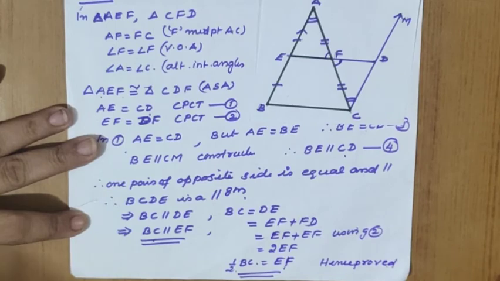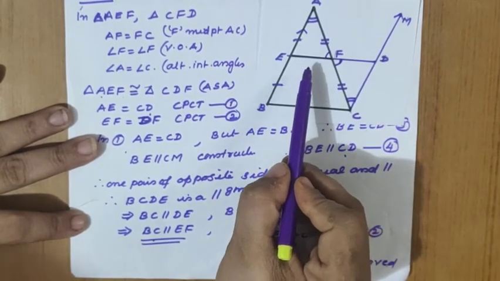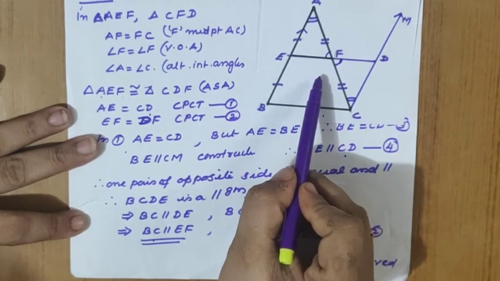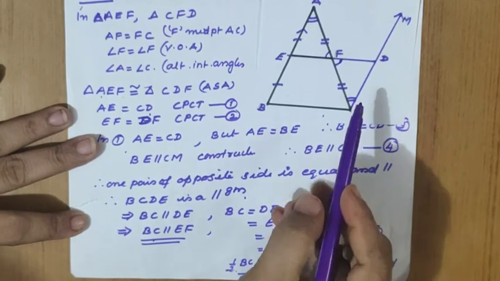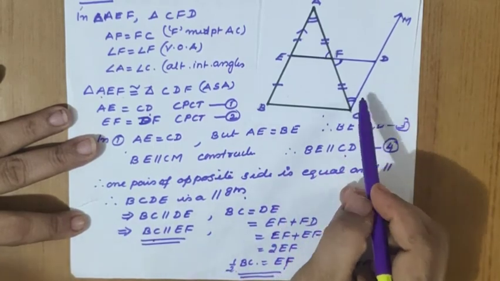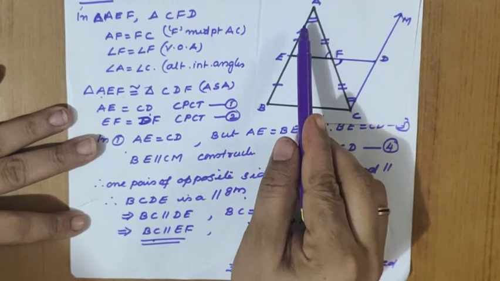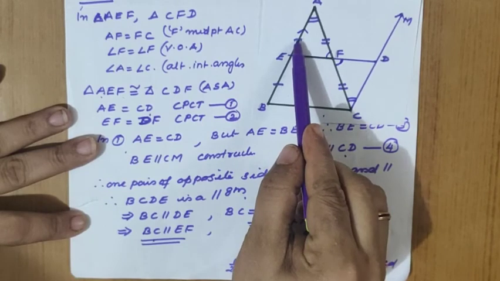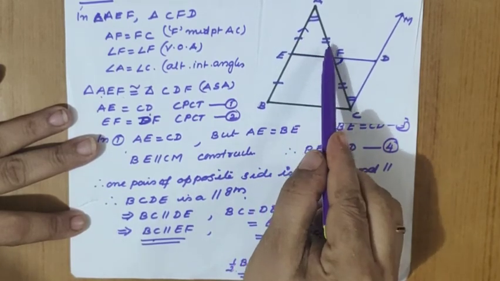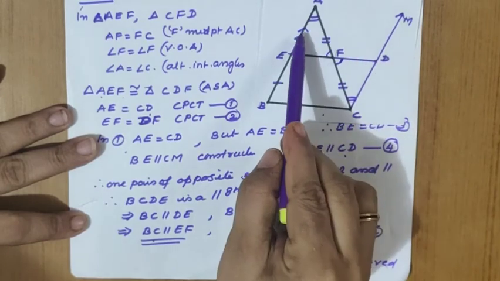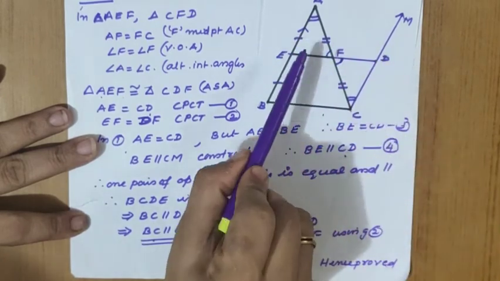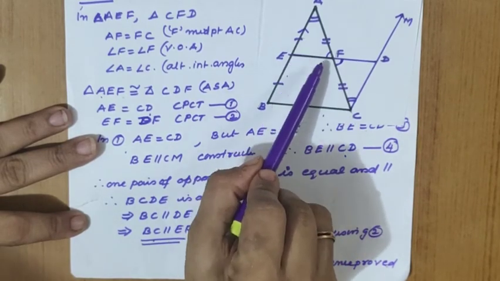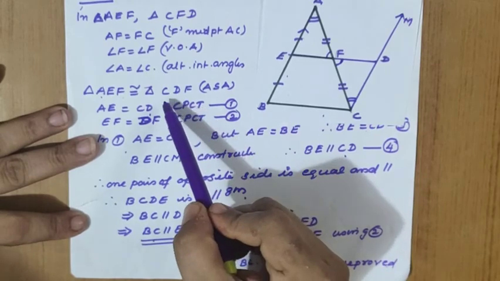So when we are joining the midpoints of the two sides of the triangle, that line segment is parallel to BC and equal to half of the BC. So what we have taken, we have drawn a construction that CM parallel to BA. We have marked first E midpoint concept. So E is a midpoint, the first equal side. F is a midpoint, second equal side. Now the parallel sign also we have marked. Now the opposite triangles we have taken for the congruency. So triangle AEF congruent to triangle, what is the order? CDF by